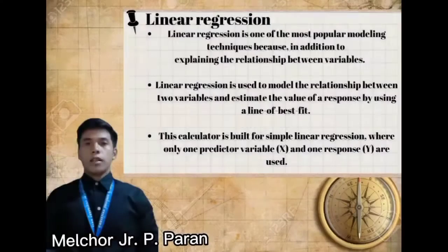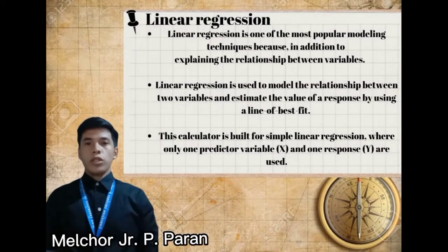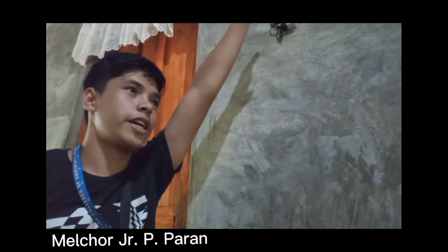Tao po! Linear regression is a linear approach for modeling the relationship between a scalar response and one or more explanatory variables. Sir, can we use linear regression in real life? Yes, agricultural scientists use linear regression to measure the effect of fertilizer and water on crop yield. They might use a multiple linear regression model using the fertilizer and water as the predictor variables and the crop yield as the response variable.